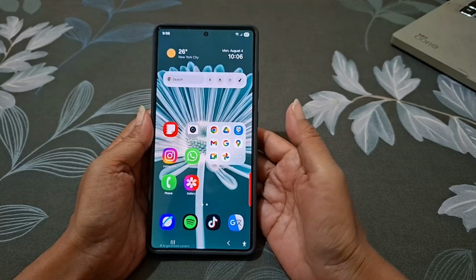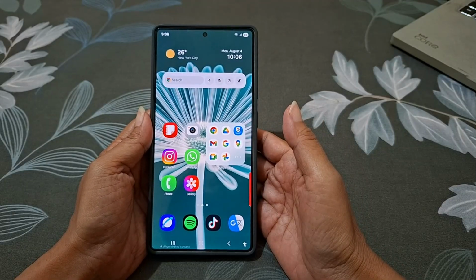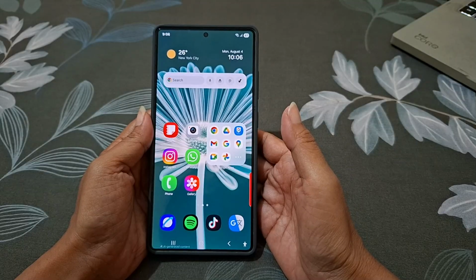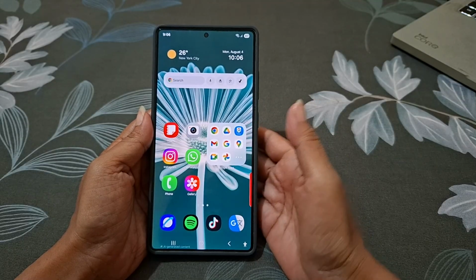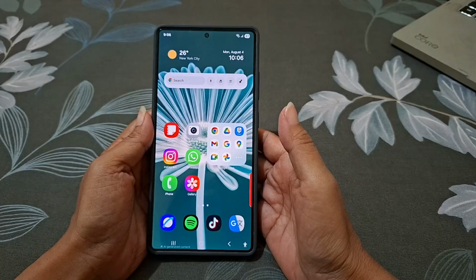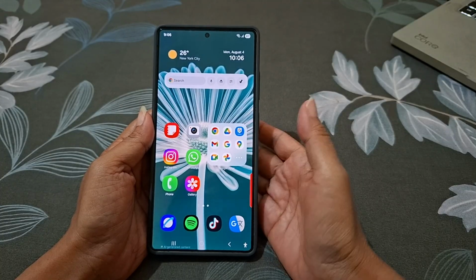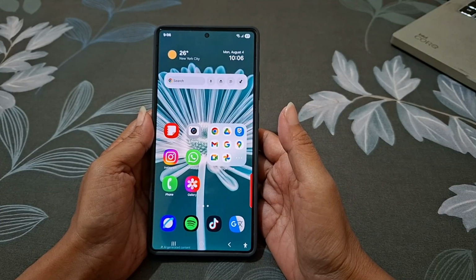Do you want your name to appear automatically on every photo you take? Let's make that happen. Here's how to add your name as a watermark using the camera app on your Samsung Galaxy S25 Ultra. First, open camera app,